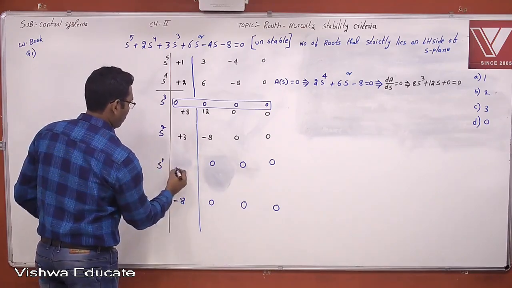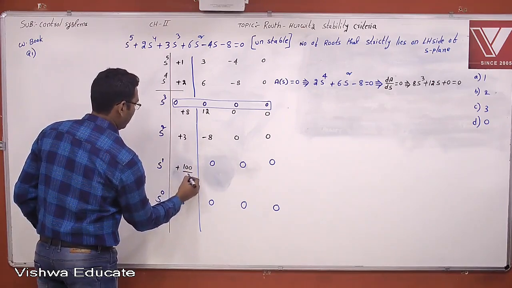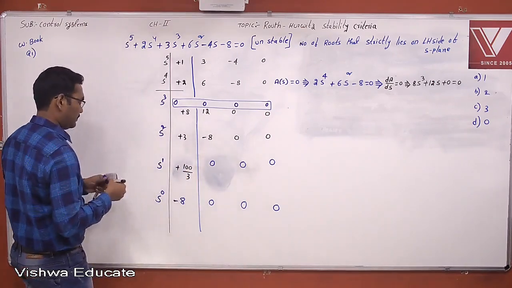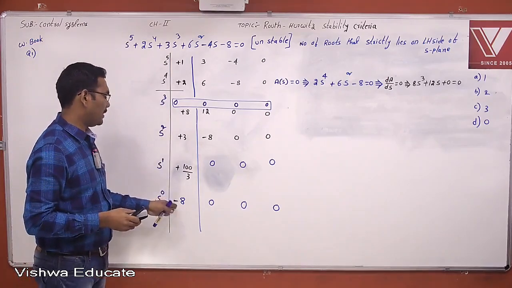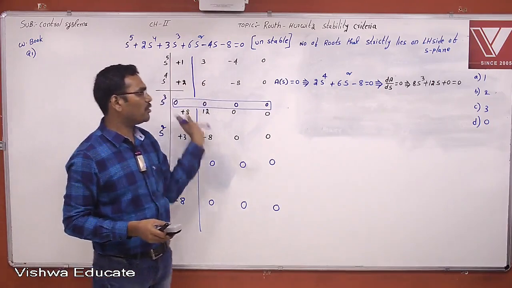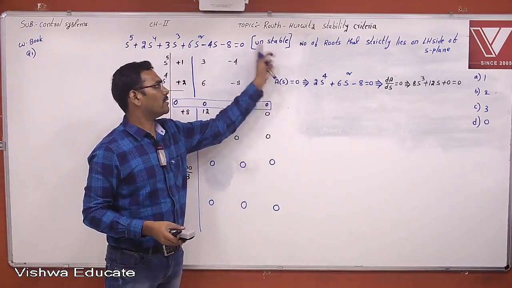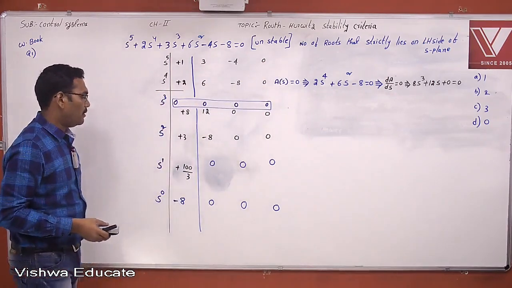This is plus 100 by 3. Now this is minus 8. Now see here: positive, positive, positive, positive, positive, negative. There is a sign change, so the system is unstable. Without doing all these things, you are already saying the system is unstable, right? Now the question is,